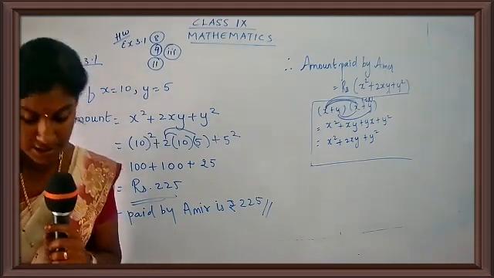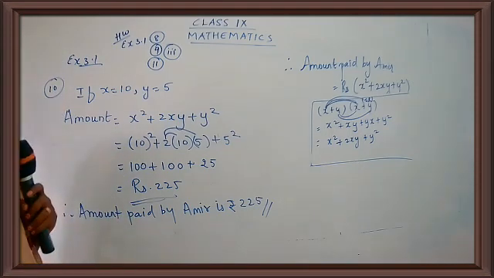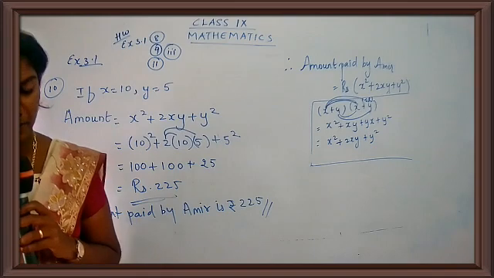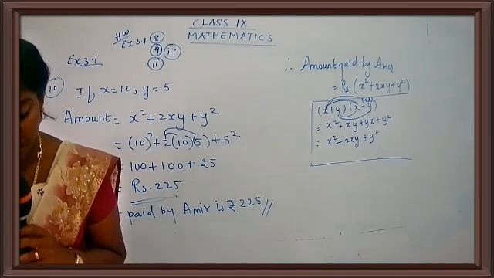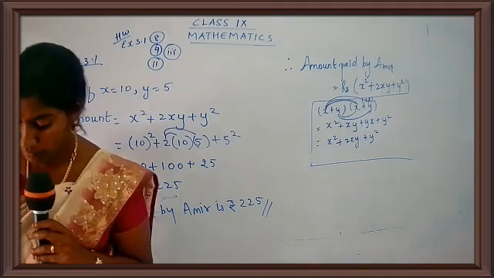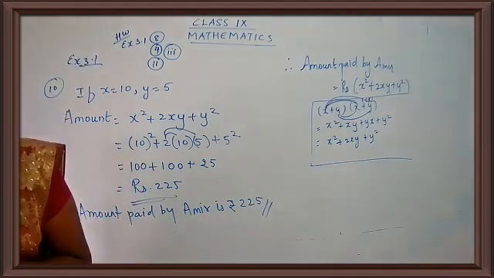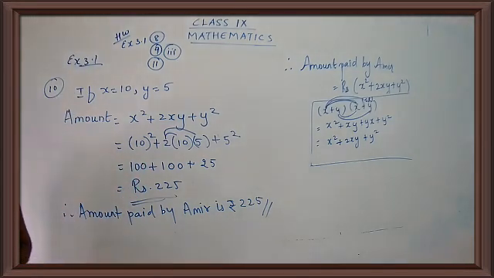Okay, children? Yes. So your homework is to complete sum number 11 also. Now let us complete the last sum from exercise 3.1. That is the 12th question. In the 12th question, P of x is a polynomial of degree 1 and Q of x is a polynomial of degree 2. What kind of polynomial is Px into Qx?